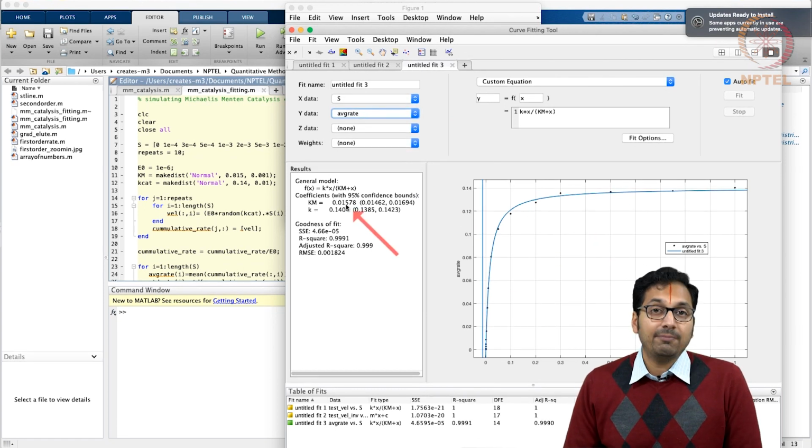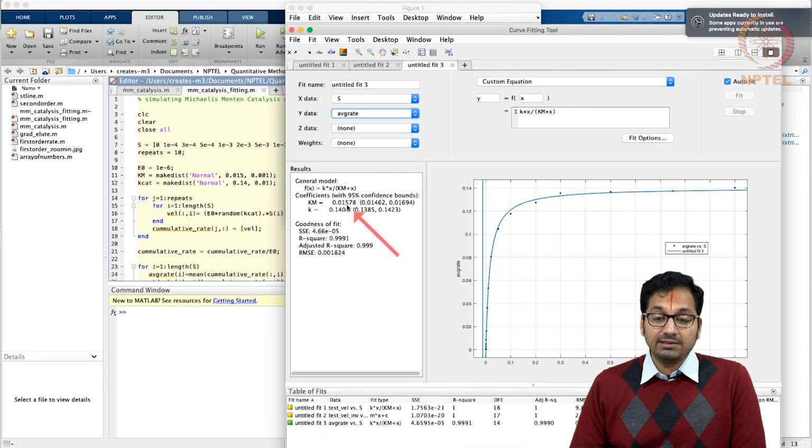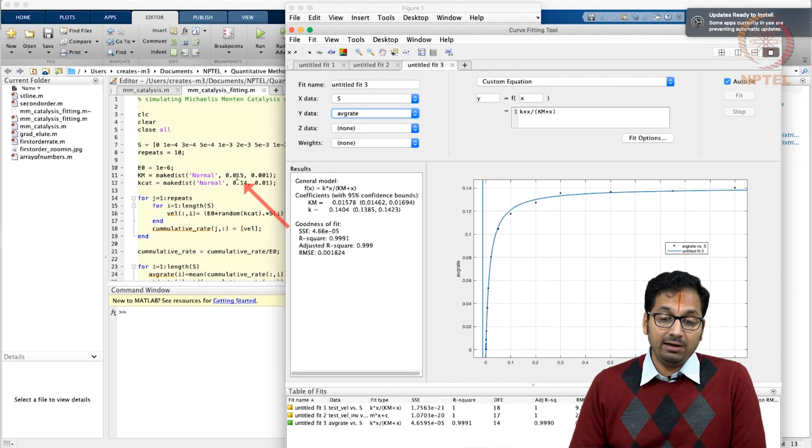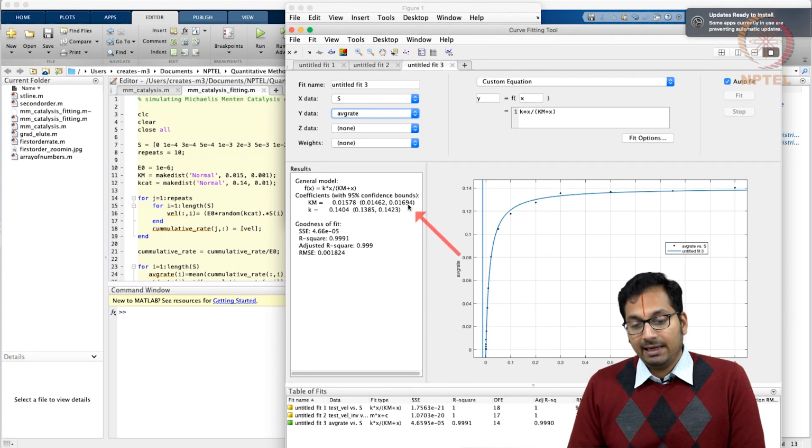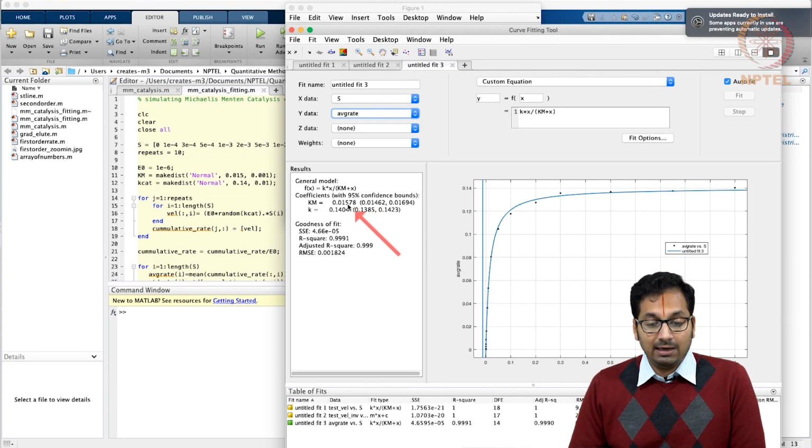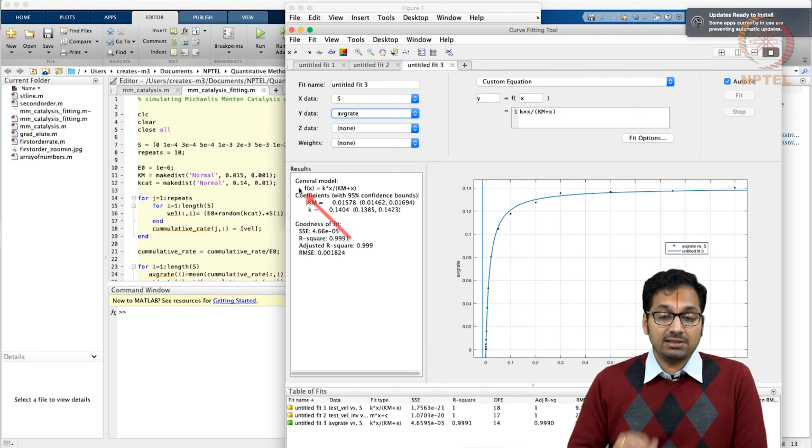Alright, so now for the 10 repeats that you ended up doing, you are able to realize that the Km is coming very close to the Km that was provided, and probably the error ends up in that decimal. So basically it goes from 0.0146 to 0.0169. So you are able to realize that the lack of confidence comes in the 3rd decimal in this case, which is what you simulated. If you have an even larger number of simulations, this might get better.